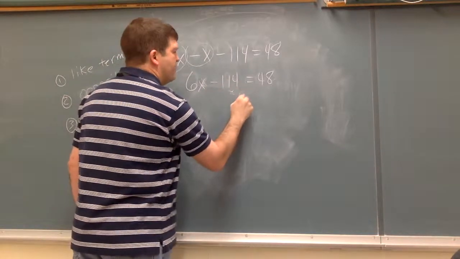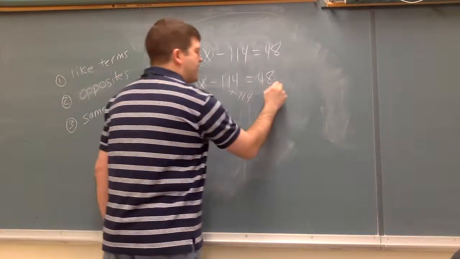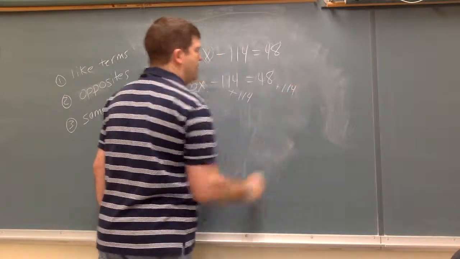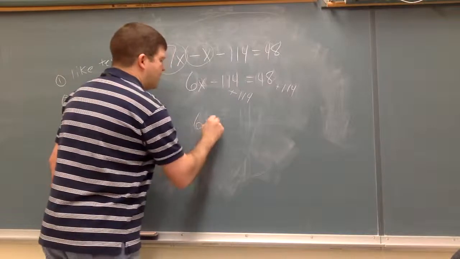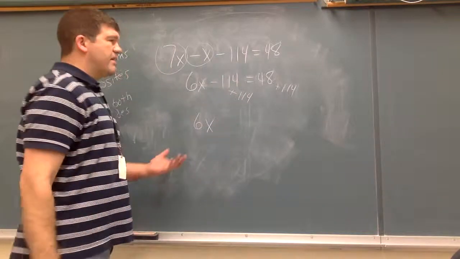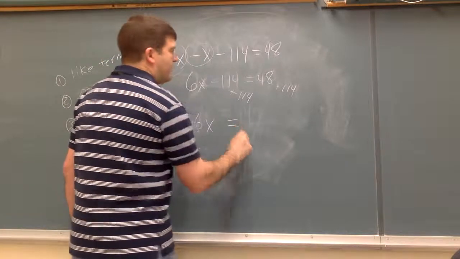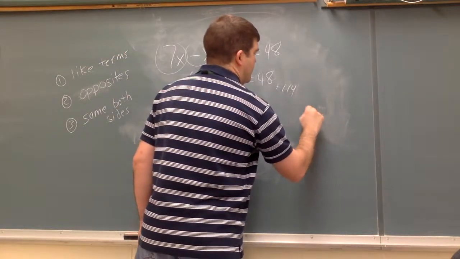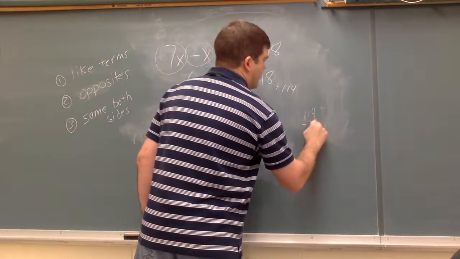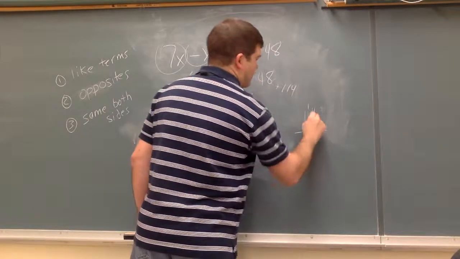I have to add 114. And if I do it to that side, I got to do it to this side. All right, 6x, negative 114 plus 114 is nothing, equals 114 plus 48 equals